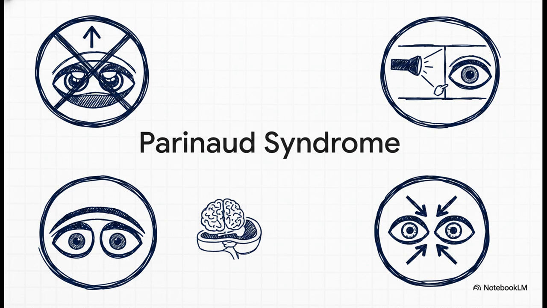You also see pupils that accommodate but don't react to light. That's light-near dissociation. Then there's lid retraction, or Collier sign, and this bizarre convergence retraction nystagmus when they try to look up. It's a very distinctive collection of signs. And then there's